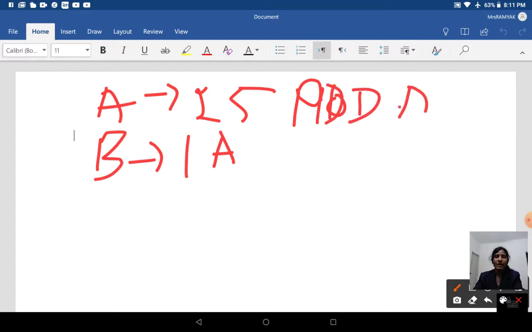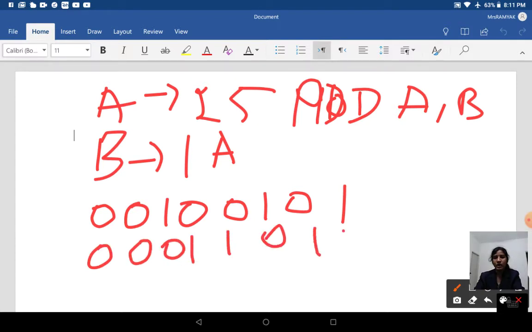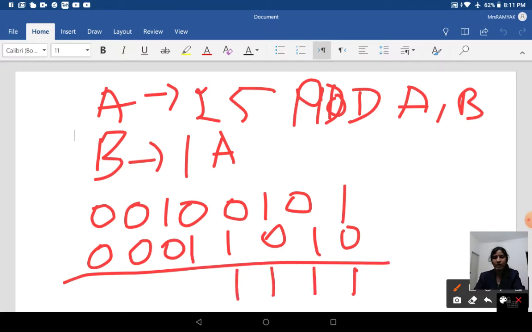When your assembler executes ADD A comma B, the content of A is added with B. That is, 25 means 0010 0101. The content of B is 1A, 0001 1010. When you add, it will be 0011 1111.